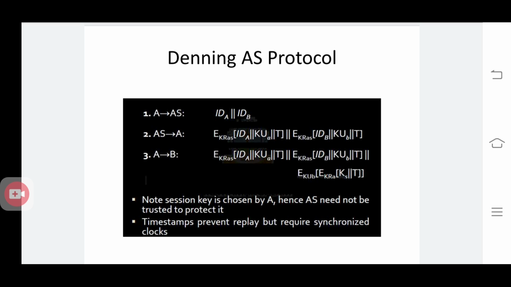That is also in encrypted format. So a timestamp and the session key KS will be appended and encrypted by using the private key of sender A. Then it is again encrypted by using the public key of B, and that is appended with